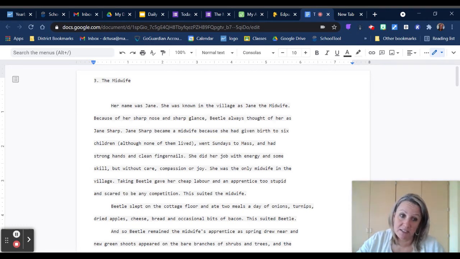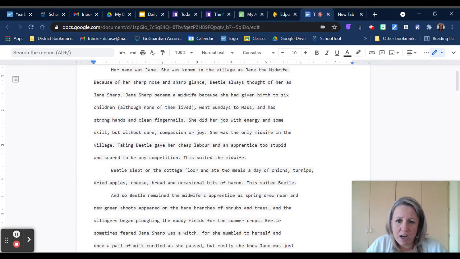So this is telling us that she didn't like competition. And it says, "This suited the midwife." So right here, we're being told how the midwife feels. And we're given a picture of the type of person that the midwife is and what her thinking is, the fact that this suits her. So this is showing that this is an omniscient narrator. We'll read a little bit more, but it's all-knowing. The narrator knows about more than just Brat's thoughts.